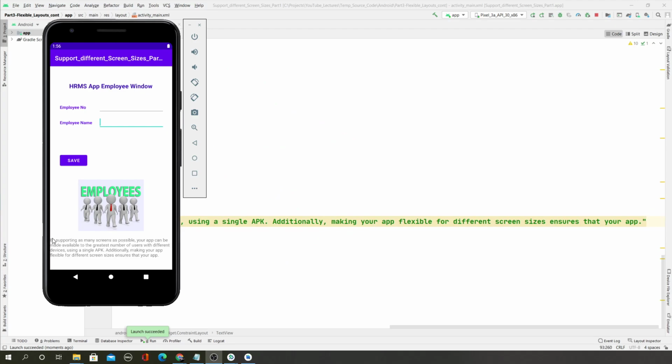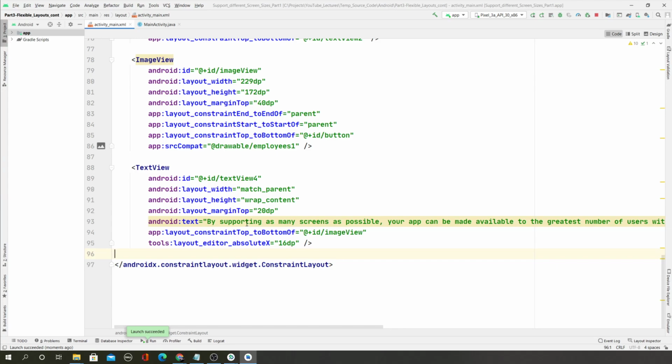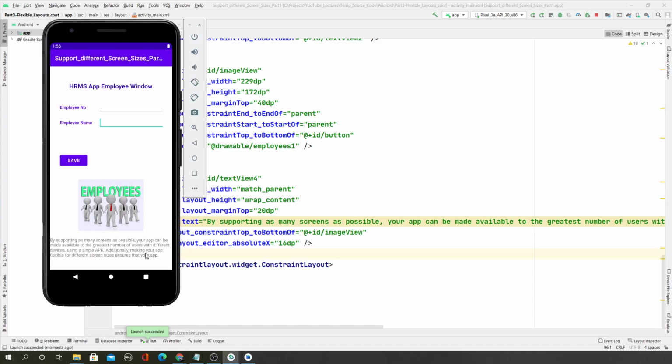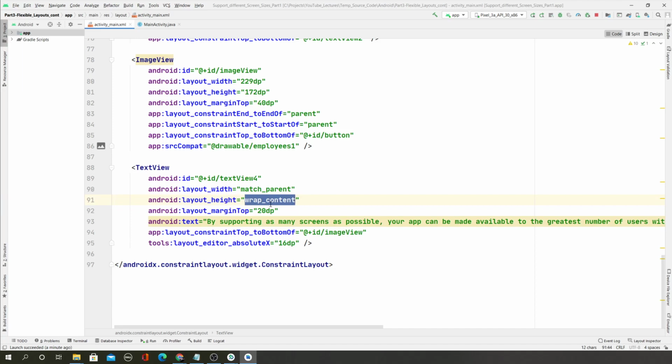Now you can see it's occupying the entire width, because the width you said is match parent, but the height is just wrap content. So the height is only up to the level of the content, because the height is wrap. The width is occupying the entire parent, but downwards the height is only from here to here. If you look at my mouse, from here to here, the height is just to wrap the content.